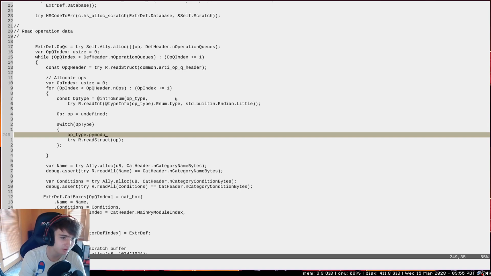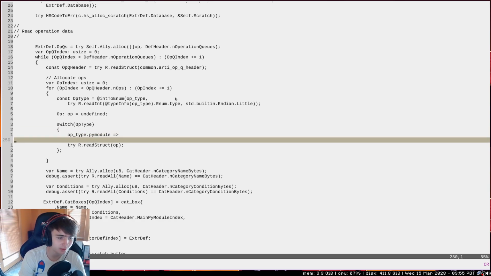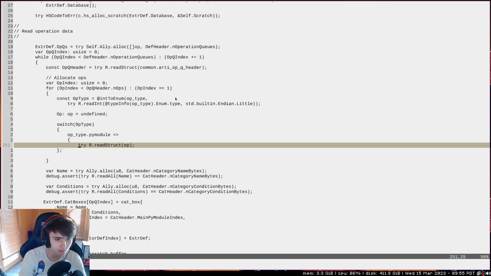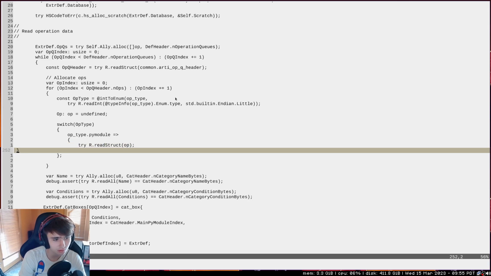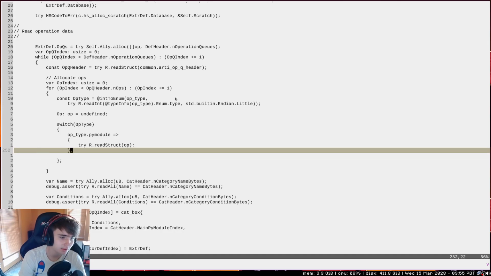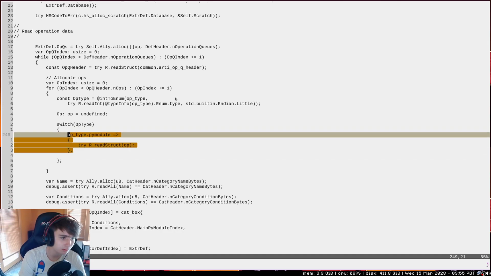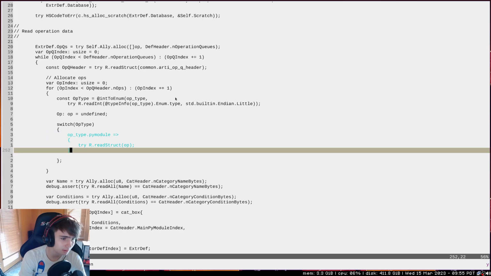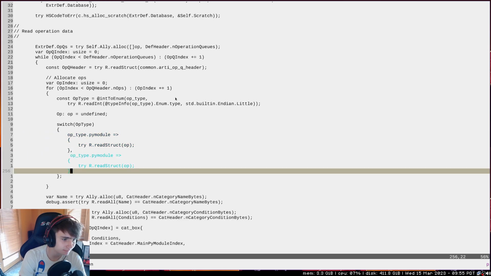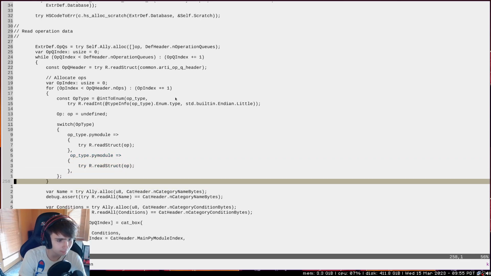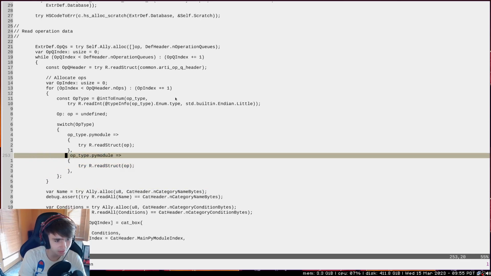In the case of a Pi module, we're reading a Pi module, and we're writing to the Pi module field. Like that. In the case of a capture, reading capture,